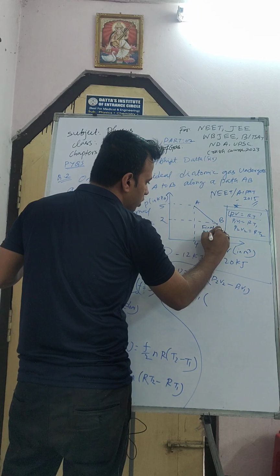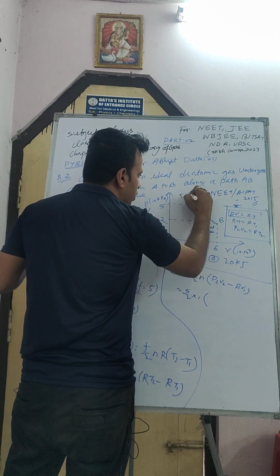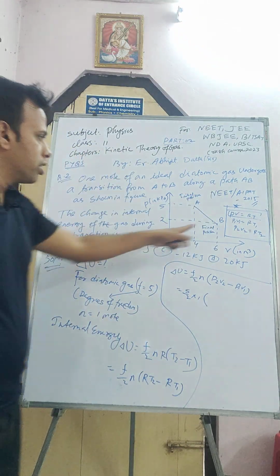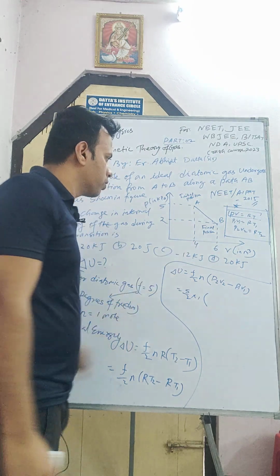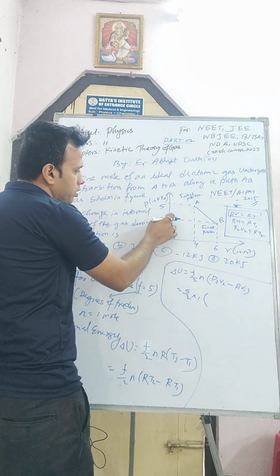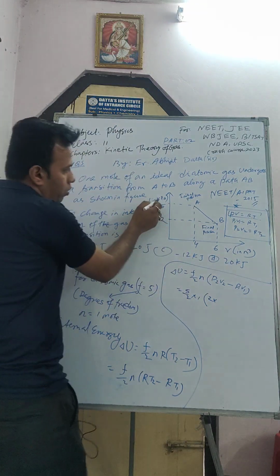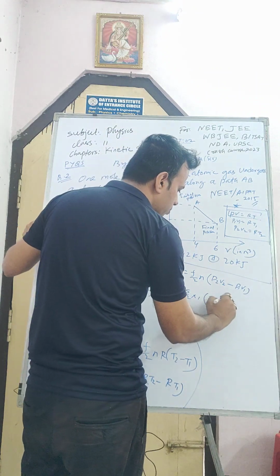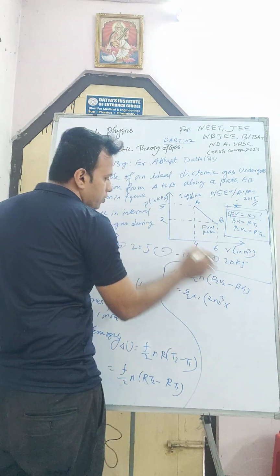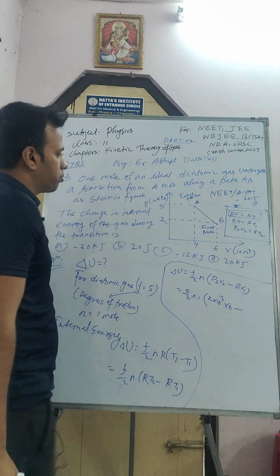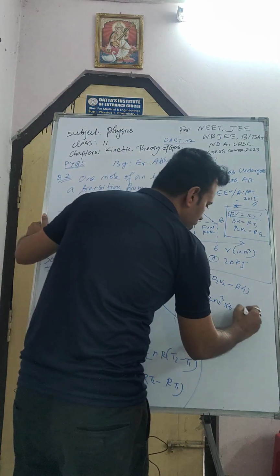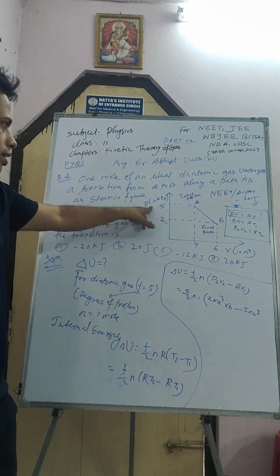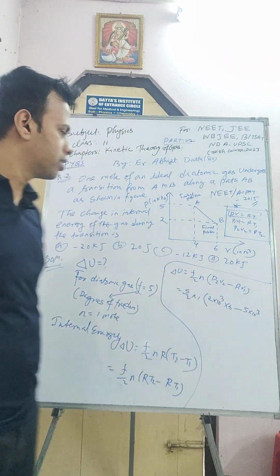Okay, this one is the final position, and this one is the initial position of the gas. So for the final position, the coordinate of B will be P2, B2. P2 will be 2 into 10 to the power 3, because P is given in kilopascal, where kilo means 10 to the power 3. B2 will be 6. P1 is 5, again 5 into 10 to the power 3, because P is in kilopascal, that's why I converted kilo into 10 to the power 3.